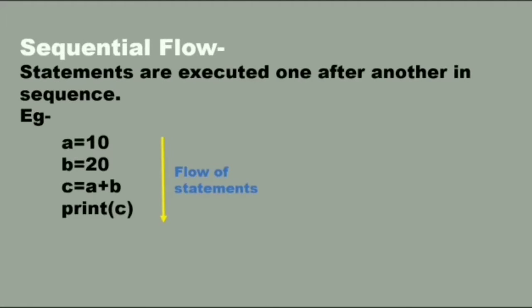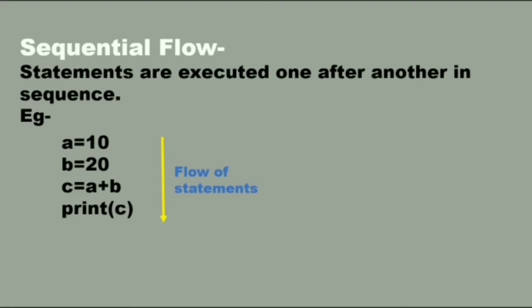Statement flow control. Statement flow control means the order of execution of statements in a program. There are different flow controls like sequential flow, selective flow, iterative flow. Starting with the sequential flow. The sequential flow says that the instructions in the program will be executed one after another in sequence as